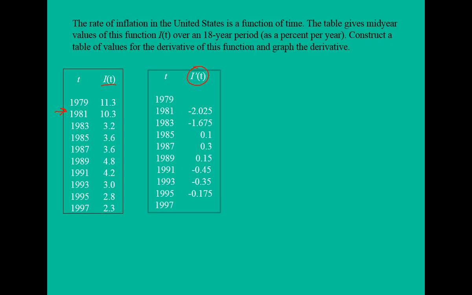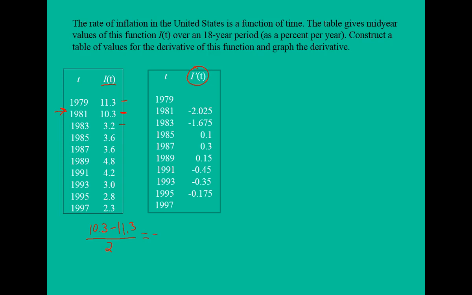An estimate for the slope of the tangent line at 1981: I can take the secant line between 1979 and 1981, calculate the slope of that secant line, and then take the secant line between 1981 and 1983, calculate its slope, and average them. This is a technique we've used previously. So the slope of the secant line through 1979 and 1981 would be 10.3 minus 11.3, divided by 2 since it's a 2-year period,